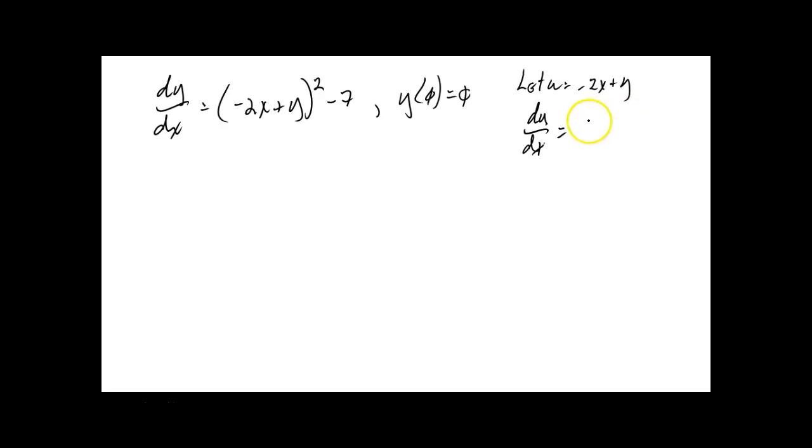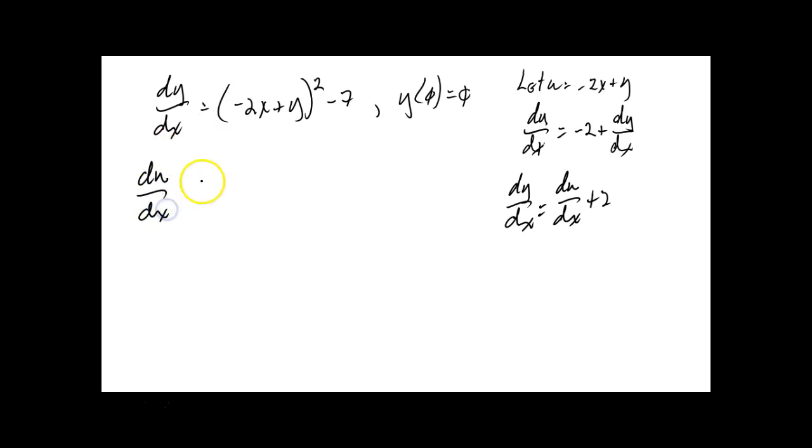So what does this give us? Negative 2 plus dy dx. That's it. Okay, bringing the other stuff with it just made it too complicated. Okay, so this implies that dy dx is equal to du dx plus 2, right? Yay or nay? Okay, just added 2 to both sides. So now that's what we put here. du dx plus 2 is equal to